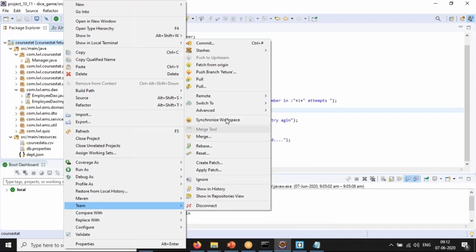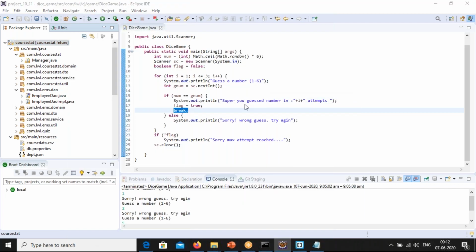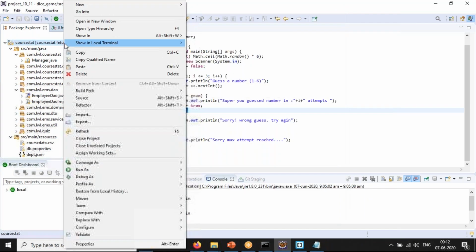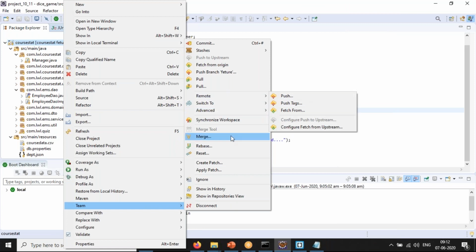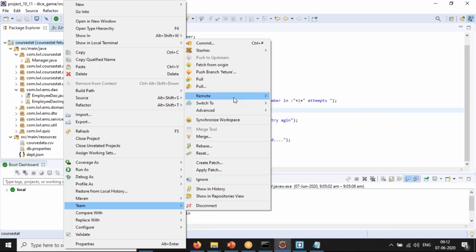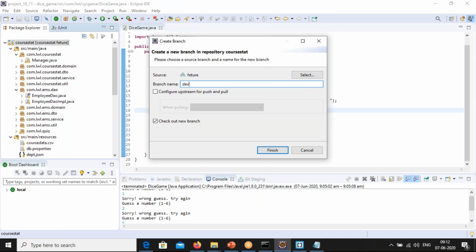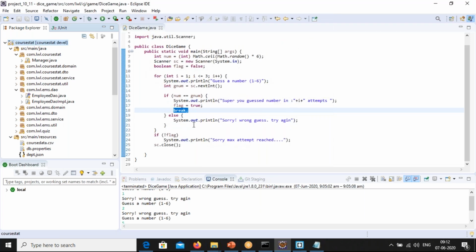Generally people will create a dev branch. Switch to create a new branch. Typically people use dev, so this is a development branch I'm in. The code modifications I make will be in the development branch, so I can push that code into development. Once somebody approves, that will be merged with the master branch. That is the Git concept.